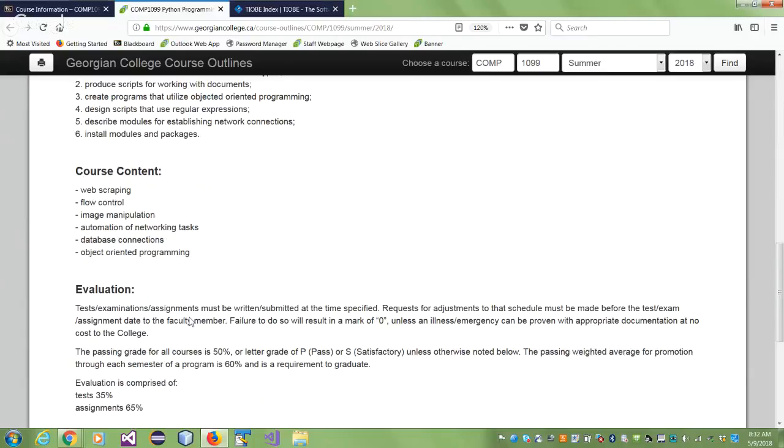So we will learn web scraping. Web scraping means extracting information from the web. We will learn flow control. How to write a program is important. A simple example, how to make coffee if you do it at home and don't go to Tim's to buy it every day. How to make tea. You should know how, and you know the steps to take. You don't reverse them. You don't jumble them up. You take the steps. That's called flow control. How does it flow, right?